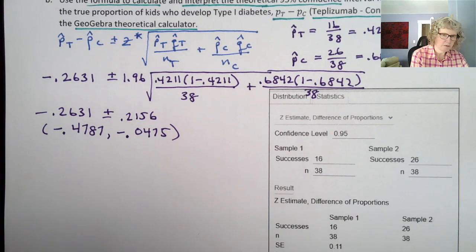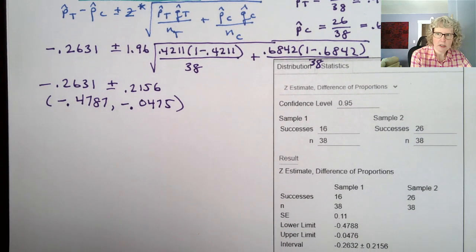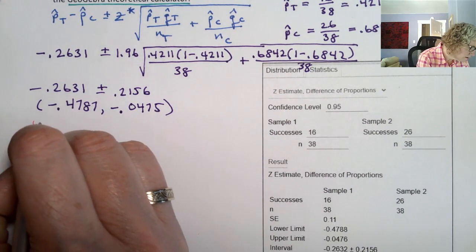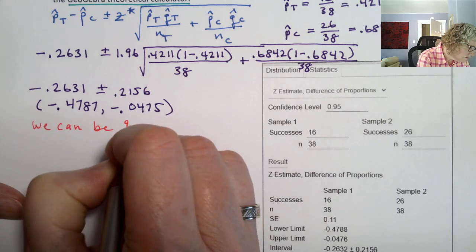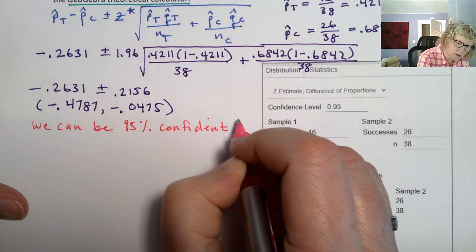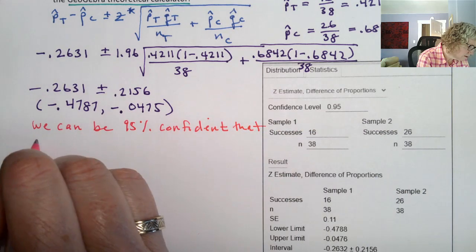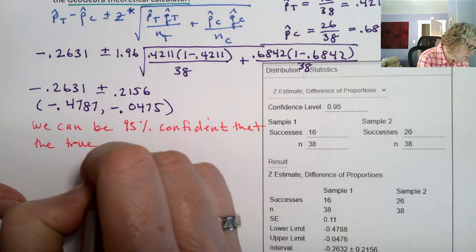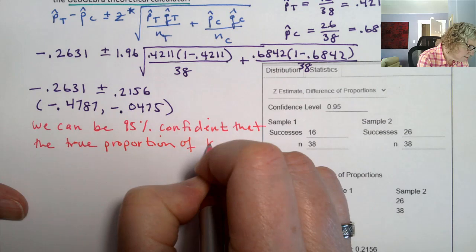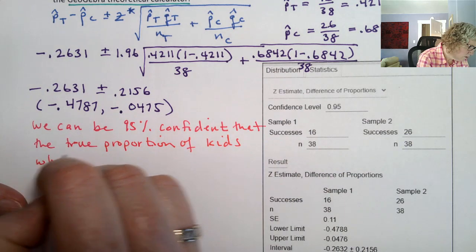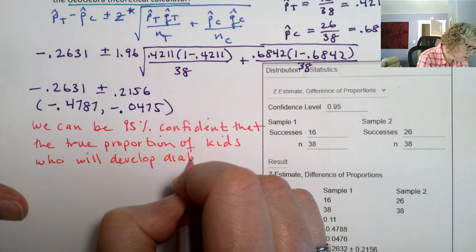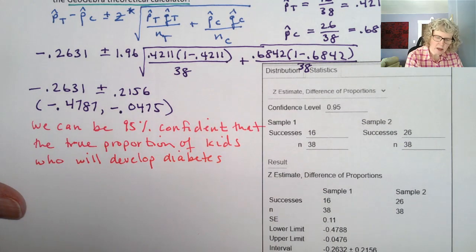Let me move this up just so I don't have to move it again, hopefully. Okay, we can be 95% confident that the true proportion of kids who will develop diabetes, so same exact way before,